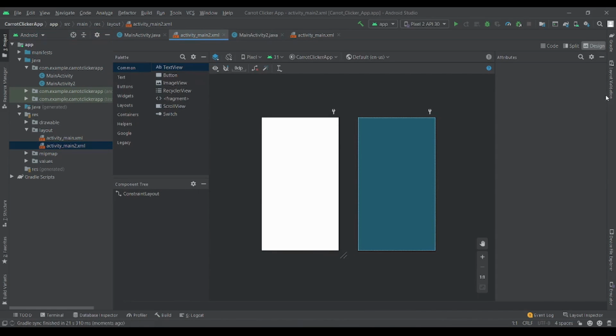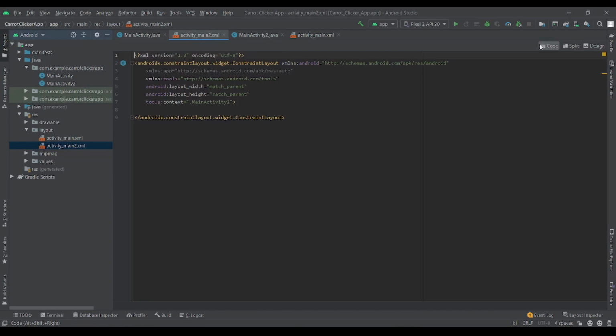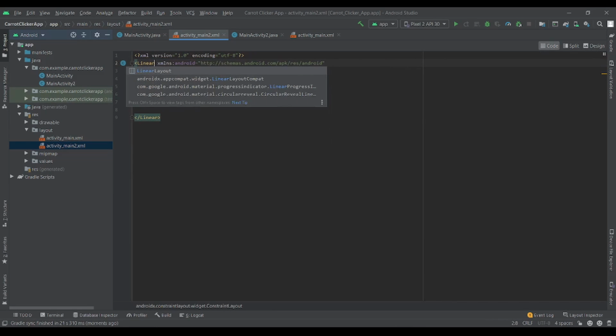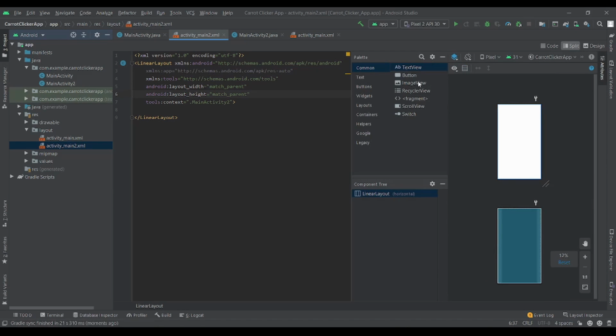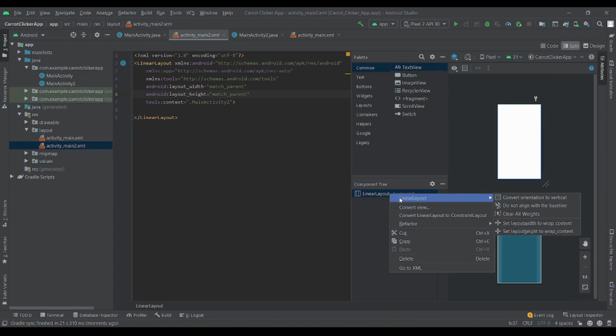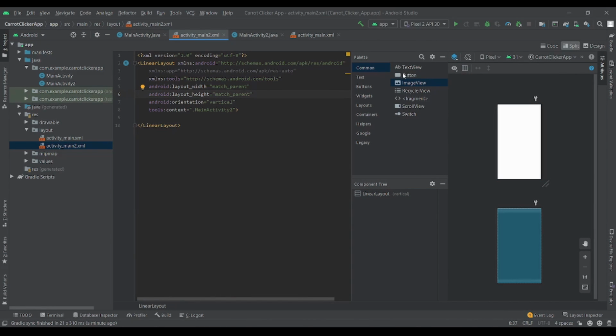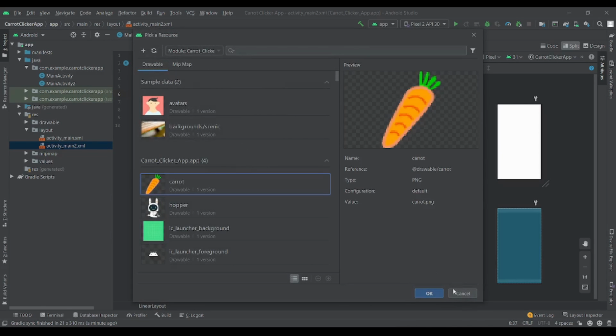So in the activity main2 class, or XML file, we want the actual physical counter. And just like how we did on the first XML file, we're going to go into code and change this constraint layout into a linear layout. I'm going to do a split design again, and I'm going to change this linear layout to convert it to a vertical. So the first thing I want here is an image of a carrot. I'll put it right under linear layout, click the carrot,